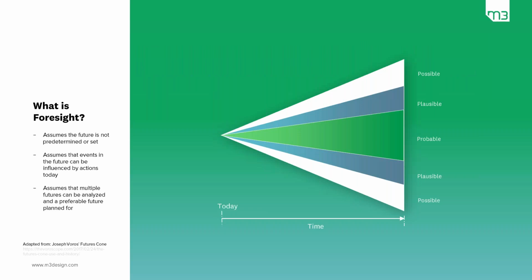There are a lot of different tools and methodologies included in strategic foresight, but I wanted to share this one here, which is called the futures cone. Right now it's represented as a triangle, but you can imagine it's a three-dimensional cone, and on the bottom here, at this one point in time, that represents today. As time expands out into the future, the possibilities for what can be really start to expand, and you can see that represented in this graph here.